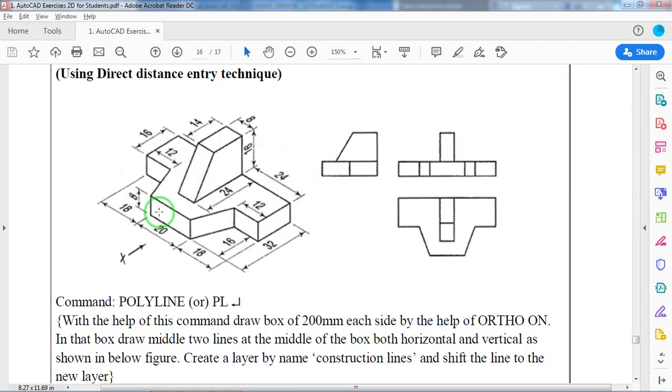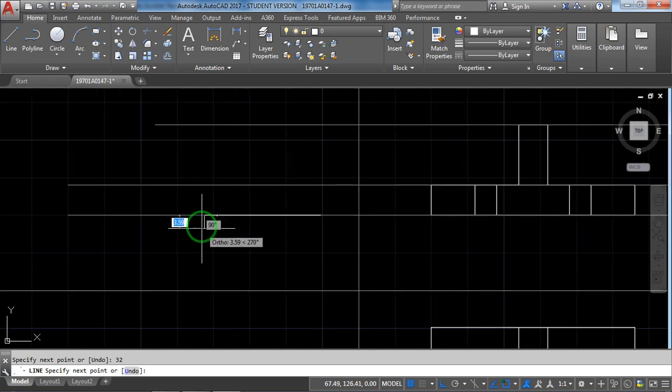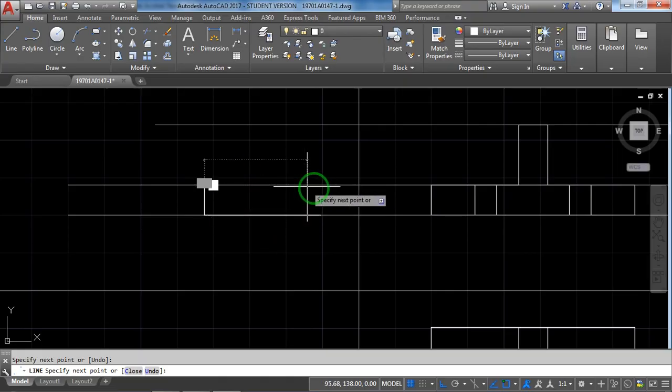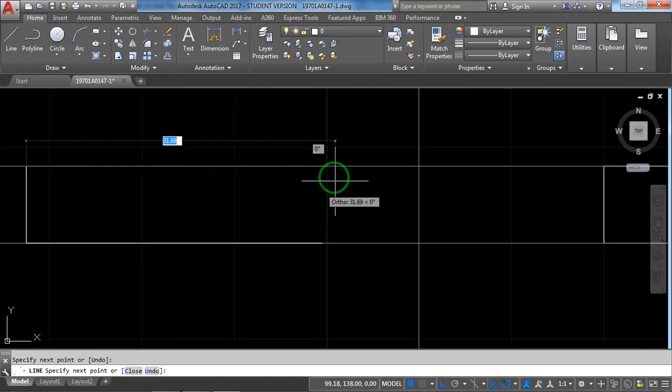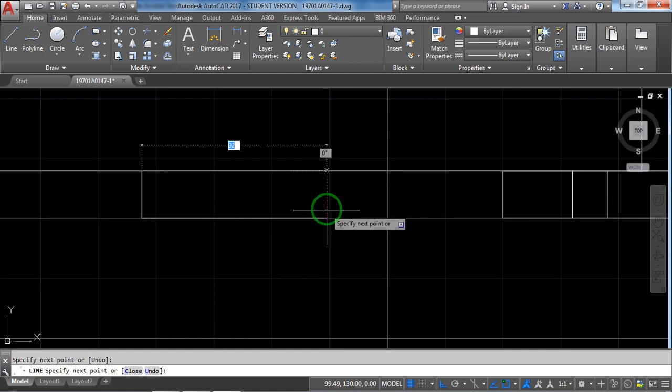Next, this line. What is the height? 8. See, there is already a line which we have drawn for reference. You can give the number 8, or if you take your mouse towards the upside, for this line you can see a green intersection symbol, what we call an endpoint. Just click with the help of the mouse. It's done. Now coming to here, this is the intersection. Now total 32. You can give 32, or I can trace this intersection. How to trace that? See, from here, the endpoint, I'm going and showing that endpoint. Now I am moving it towards the top.